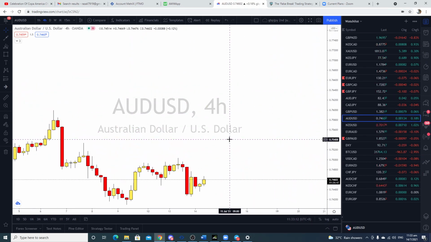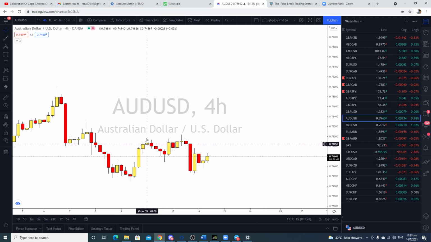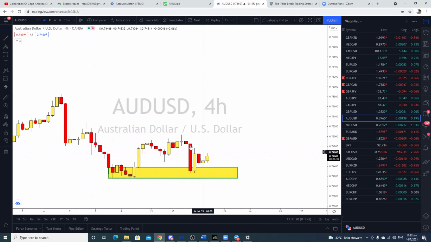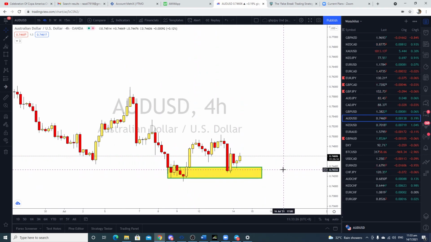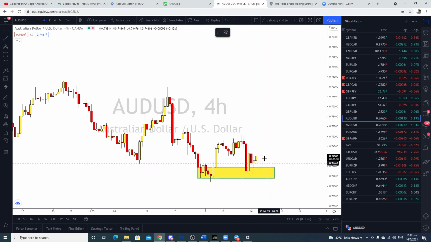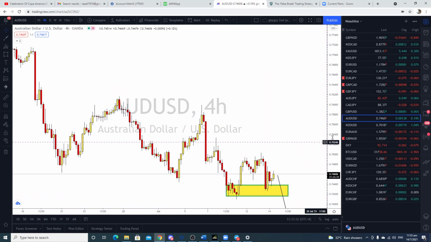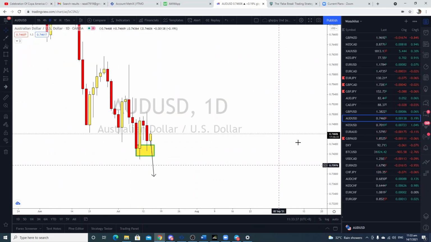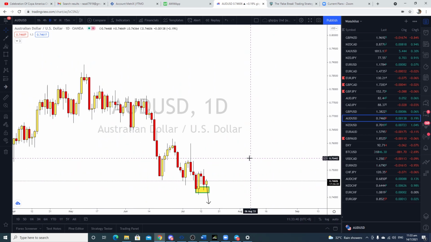For Aussie USD, we can see another story, because I find that this is a good retest of this previous demand here. Okay, this one drop base, now it's retesting that as a double bottom, and hopefully we'll see how it goes. If price goes down here, then my buy is invalid, the trade call for the buy is invalid in this case. But if price goes up, it's a good risk reward, because price already went very low in this case. Whether it will come to here or here, that's another story. Alright, so that will be it, and I hope you guys are able to get the idea.